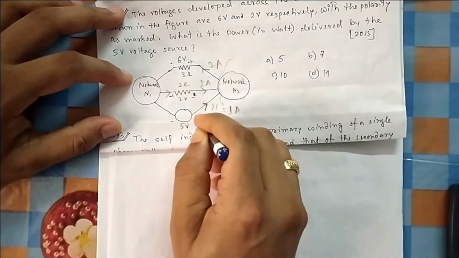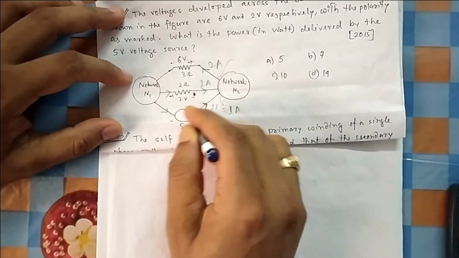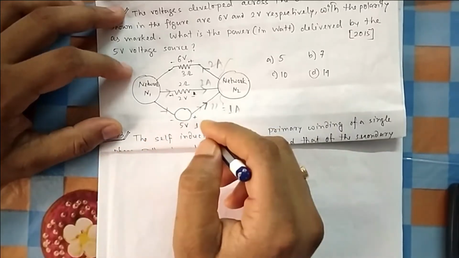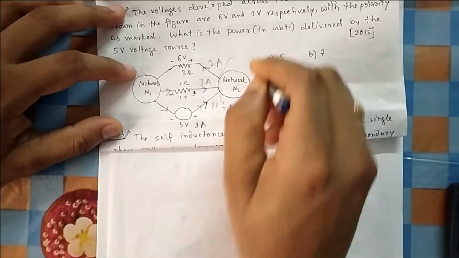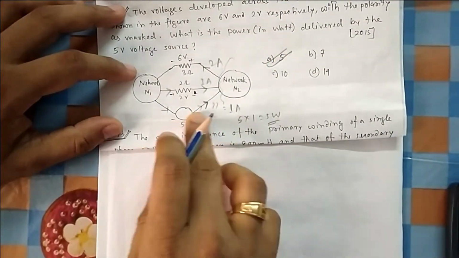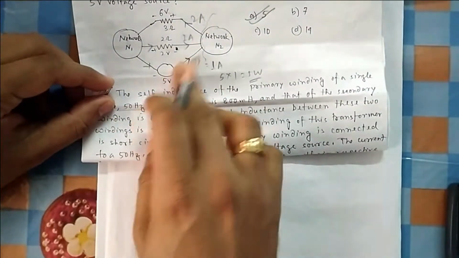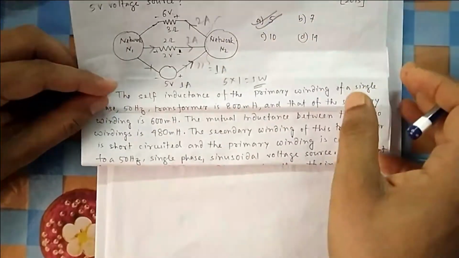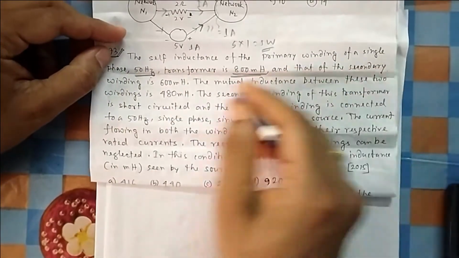Now you got this one as 1 ampere, and it is flowing through this, and it is coming out of the positive terminal. You can see it is coming out of the positive terminal, that means it is delivering power. So what is the power delivered? V into I, that is 5 watt, and it is positive power delivery, because it is truly delivering, that's why the answer is positive. If it was absorbing 5 watt, then what should be the delivery? Minus 5 watt.